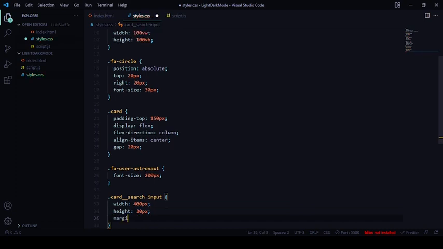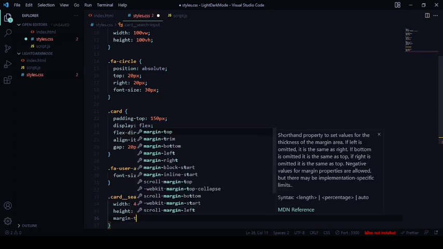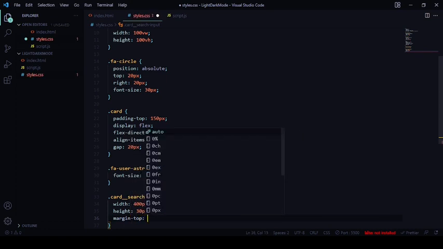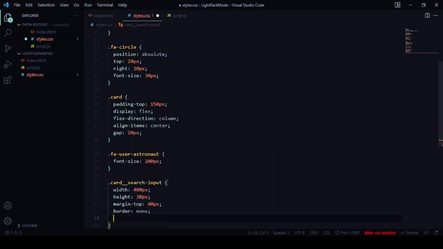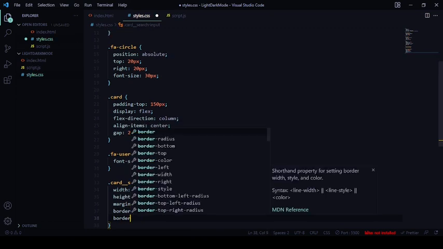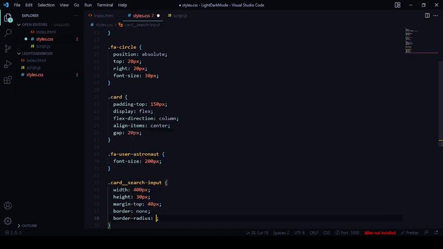Margin top 40 pixels. Border will be none, and border radius will be 4 pixels,